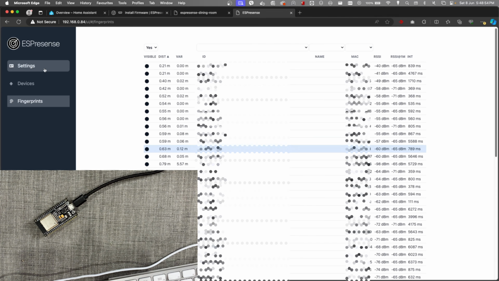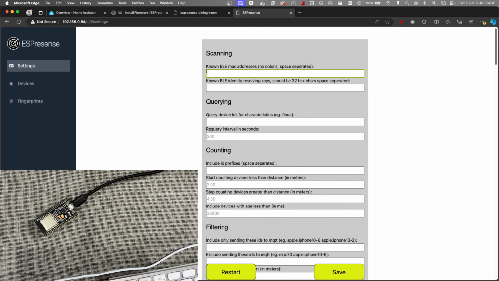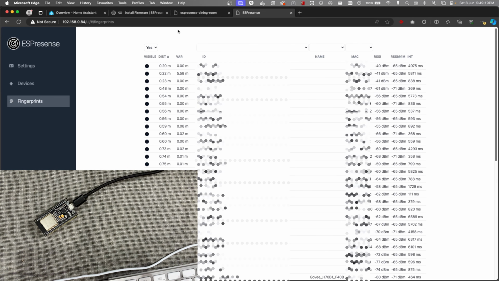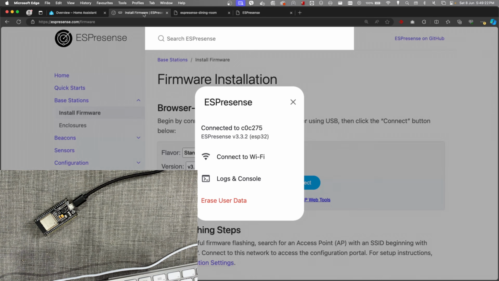Once you have that MAC address, if you go to settings and put that into this known BLE MAC addresses with no colons as separators between each two characters, and if you've got multiple, you would put multiple in here and separate each one by a space. You don't need a comma or anything like that. Once you put that data in there, you can save that information, and when you go to Fingerprints, it should show up on here. If it doesn't show up on here when you go to Fingerprints, you can go back to